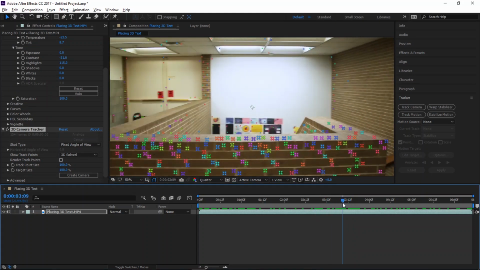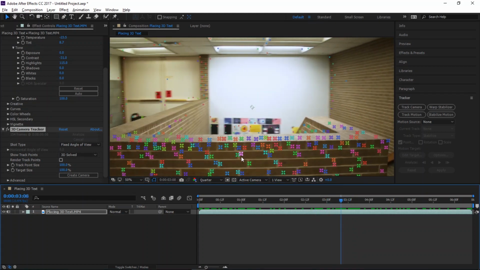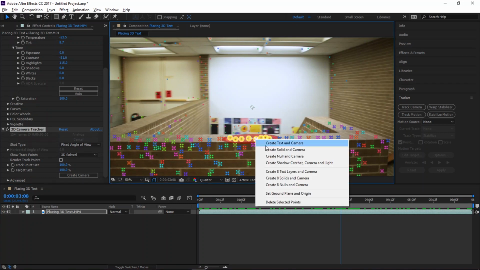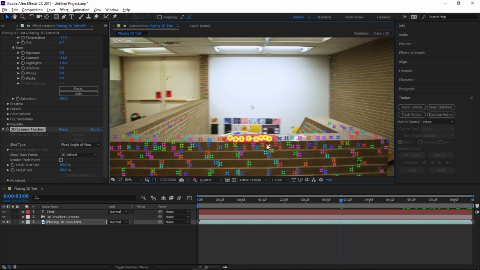And, oh, I lost it there because I moved the camera. Let me try that again. I'm going to select a few bricks, okay? And now I'm going to right click. I'm going to create a text and camera. Okay, so now it's made a text layer. You can see it there